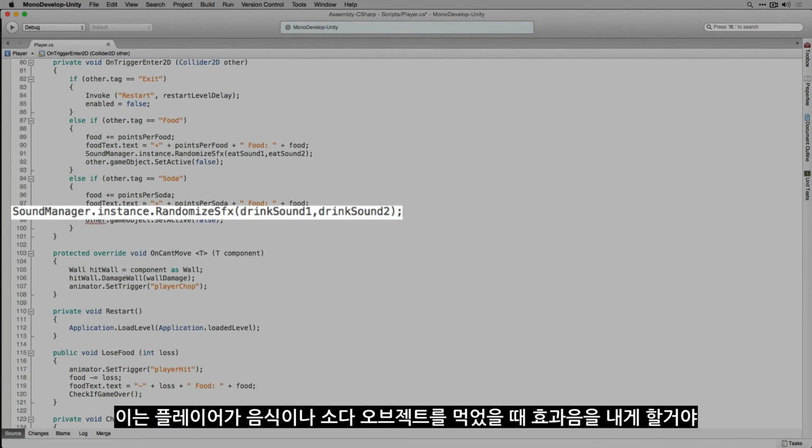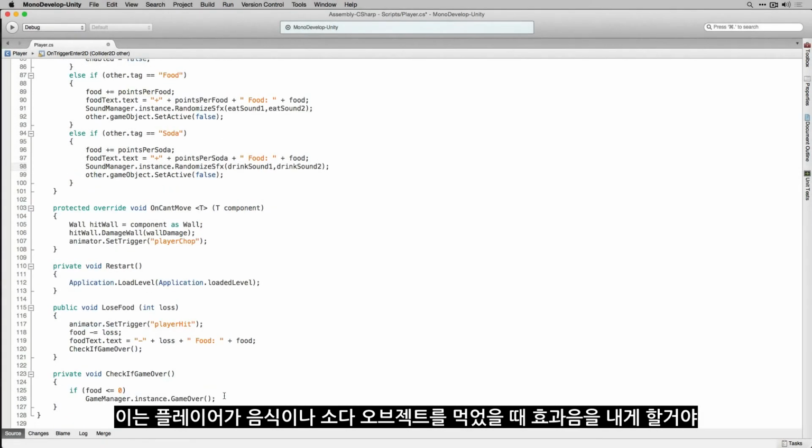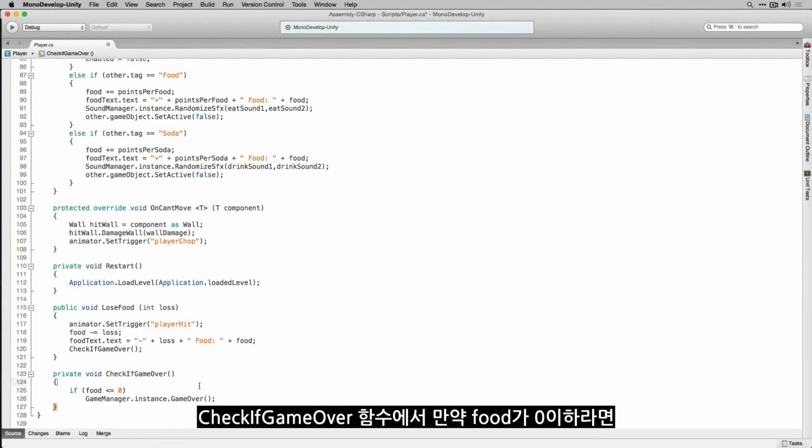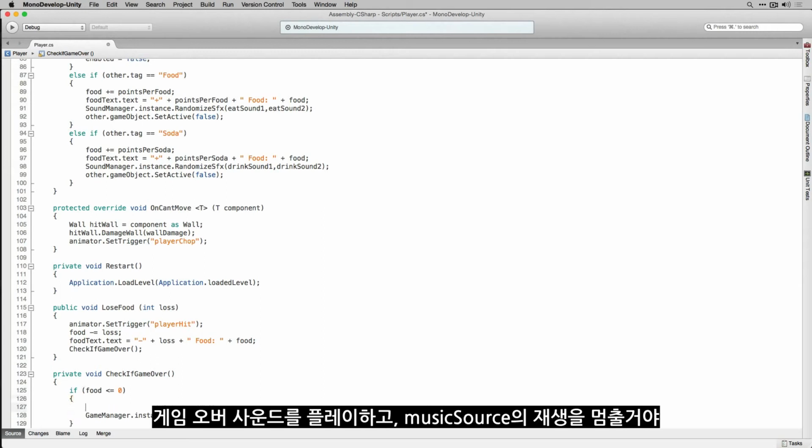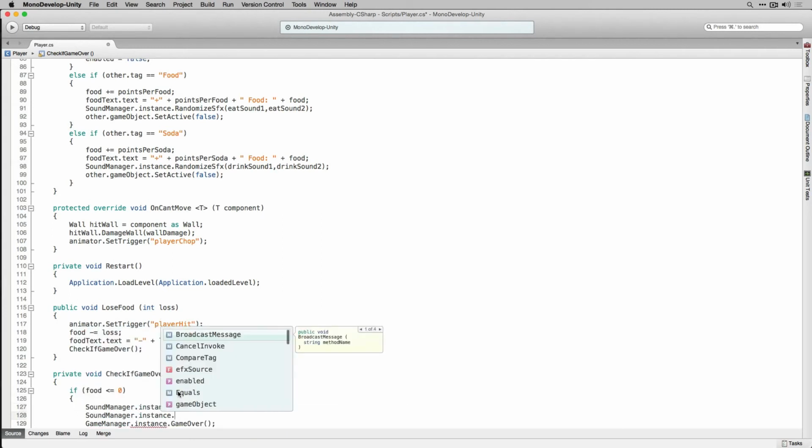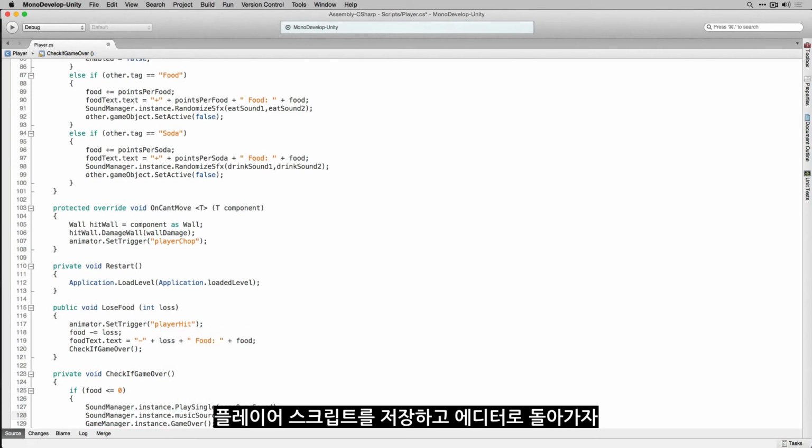This is going to cause us to play our sound effects when we pick up our food or soda objects. In check if game over, if food is less than or equal to 0, we're going to play our game over sound, and we're also going to stop the music playing on our music source.